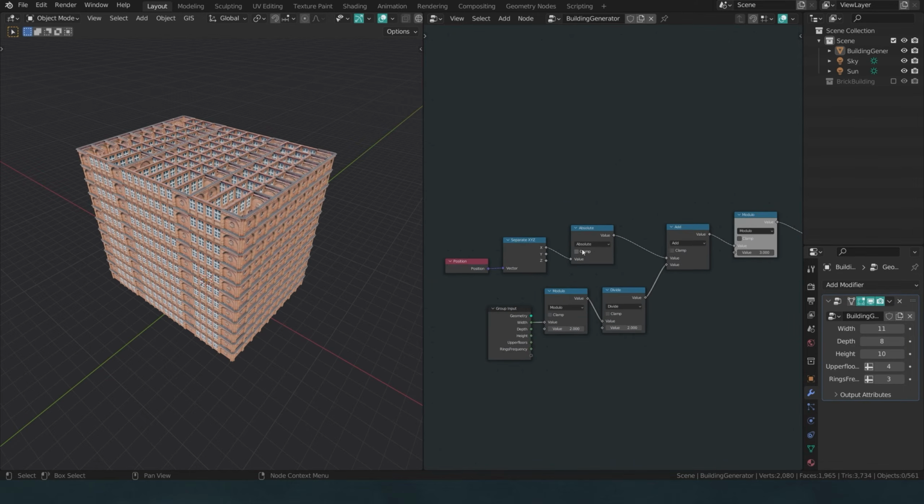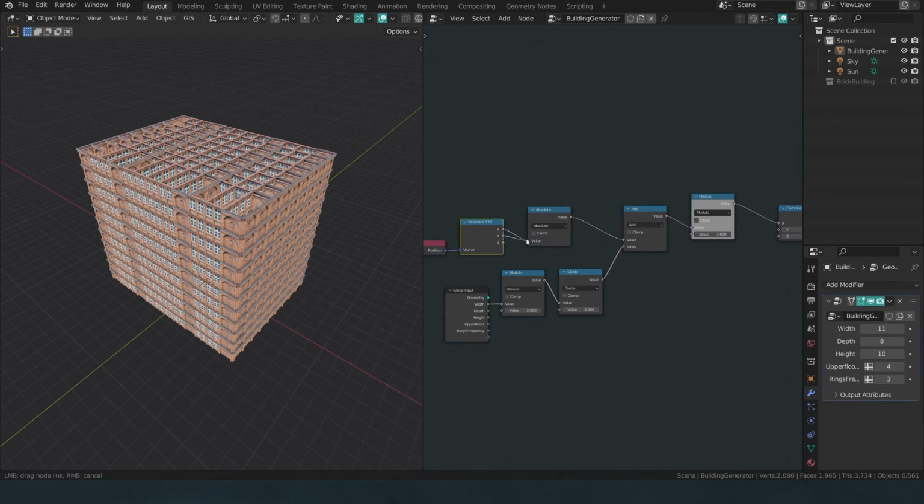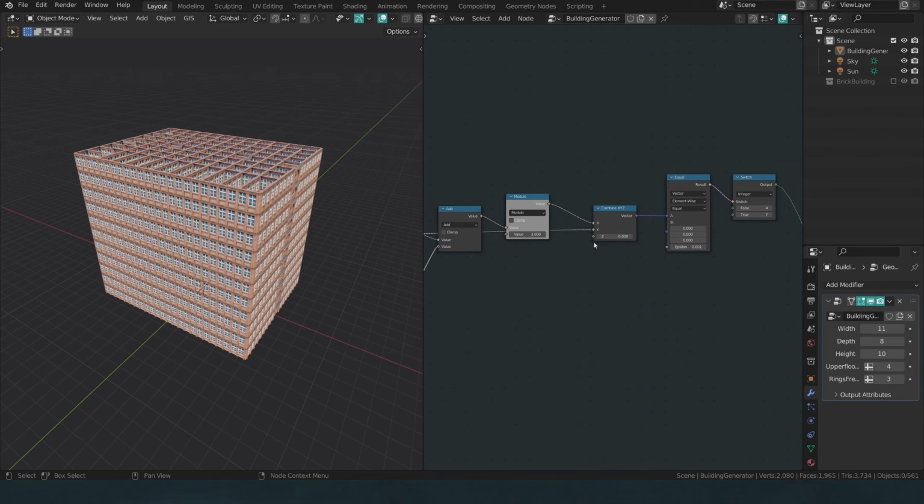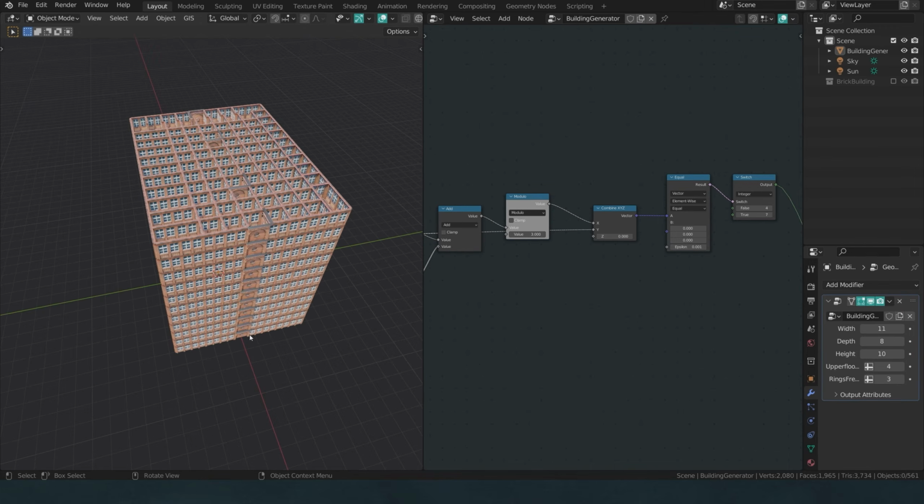So let me now go ahead and just take this Y value that we have from this separation and bring it all the way over here and plug it into Y. So now the Y position is part of the calculation as well. But as it so happens, since Y at the moment has a value of 0, we are essentially just looking at a pillar that is positioned here in the center, and you can actually still see that this piece is